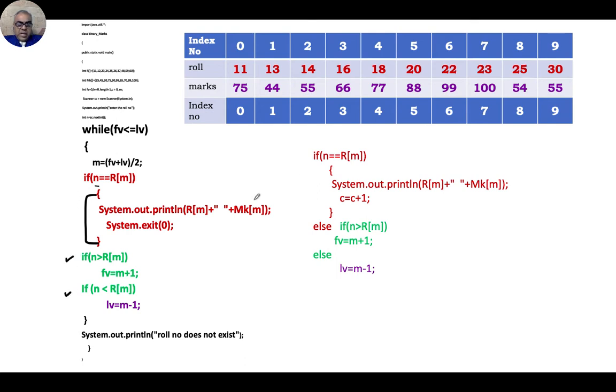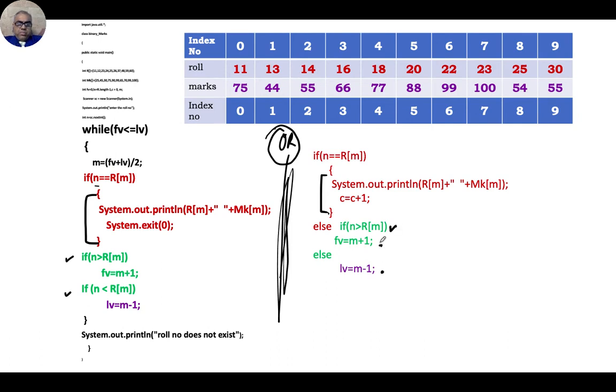The same thing I can write down: if my number is equal to center point, else if my number is greater than center point. If that is false, it means my number is lesser, so I can write that. Either of these is acceptable, you can write whichever you are comfortable with. The logic is very important: when the data is found greater or lesser, what is to be changed.